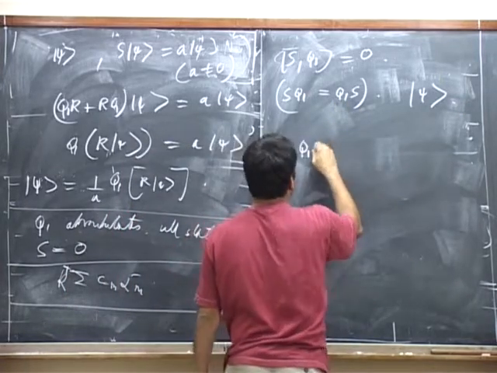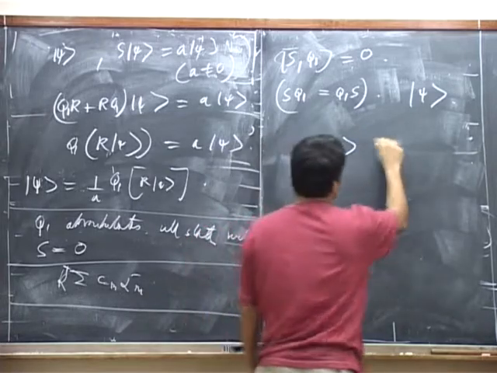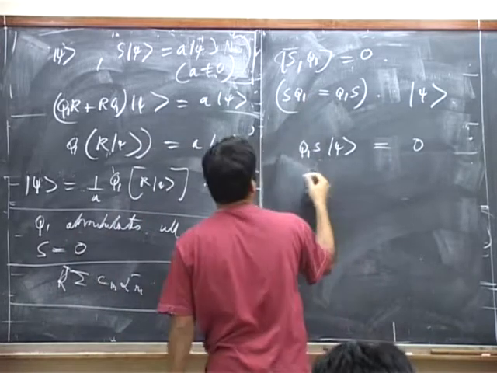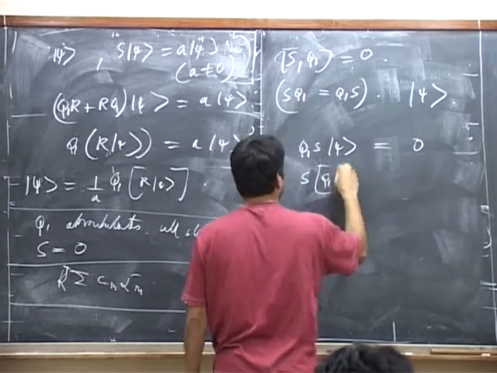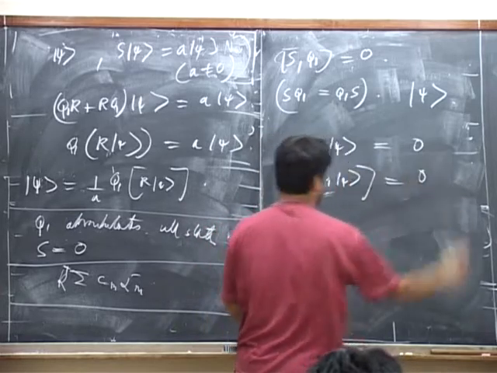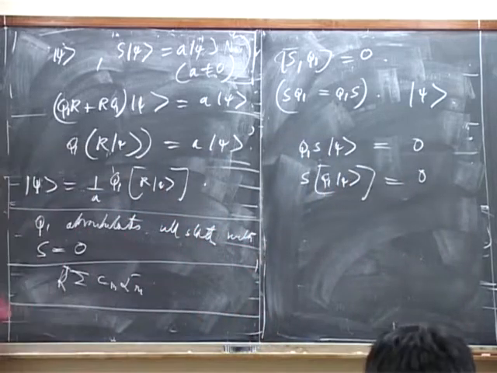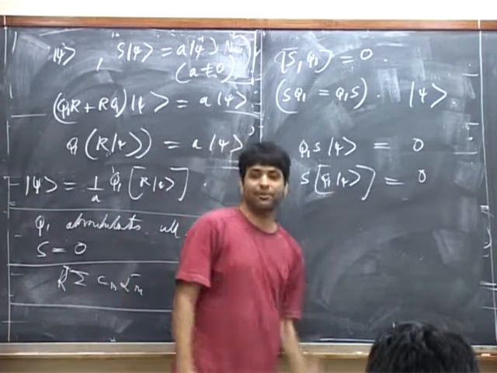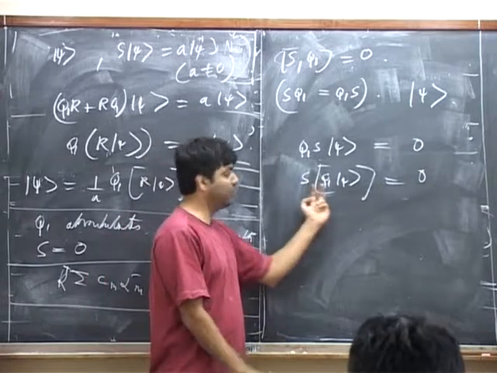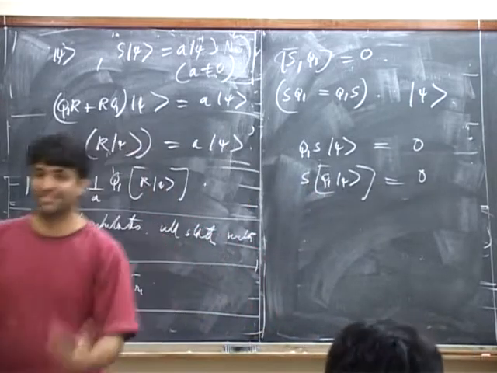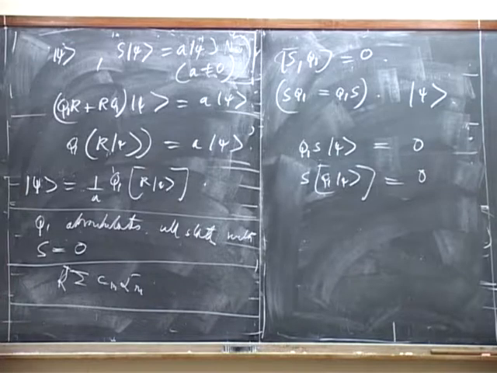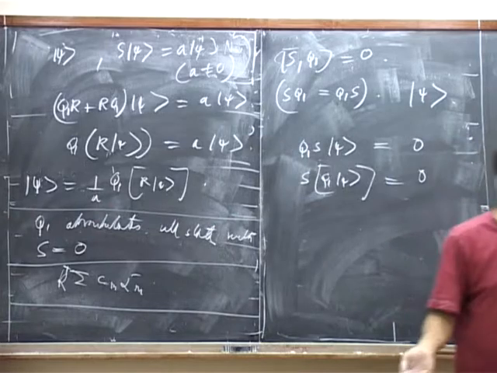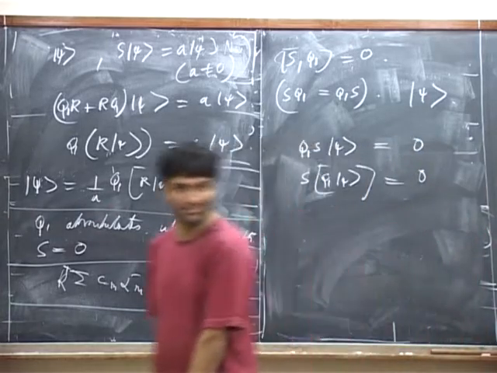So, Q1S on psi is equal to 0 because S is equal to 0 on that state. But by flipping the order, we get S on Q1 psi is equal to 0. That's a perfectly possible equation. Well, there are two ways in which it could work. It could work that Q1 on psi was 0, or it could work that Q1 on psi was not 0, but S on Q1 psi was 0. We're assuming that it's working the second way: that Q1 on psi is not equal to 0, and checking to see if there's a contribution.